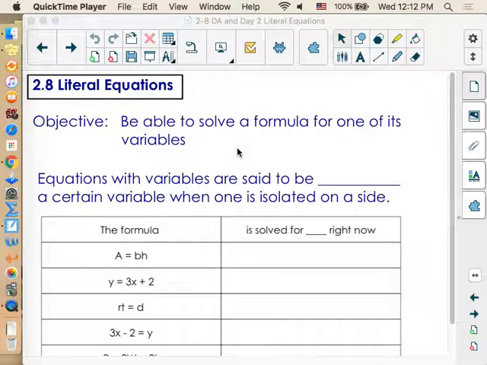This is the video for notes for 2.8, which is literal equations. You need to go to the back of your packet. It's one of the last pages. So the idea with literal equations, and you can see that word literal in there, is different than the equations